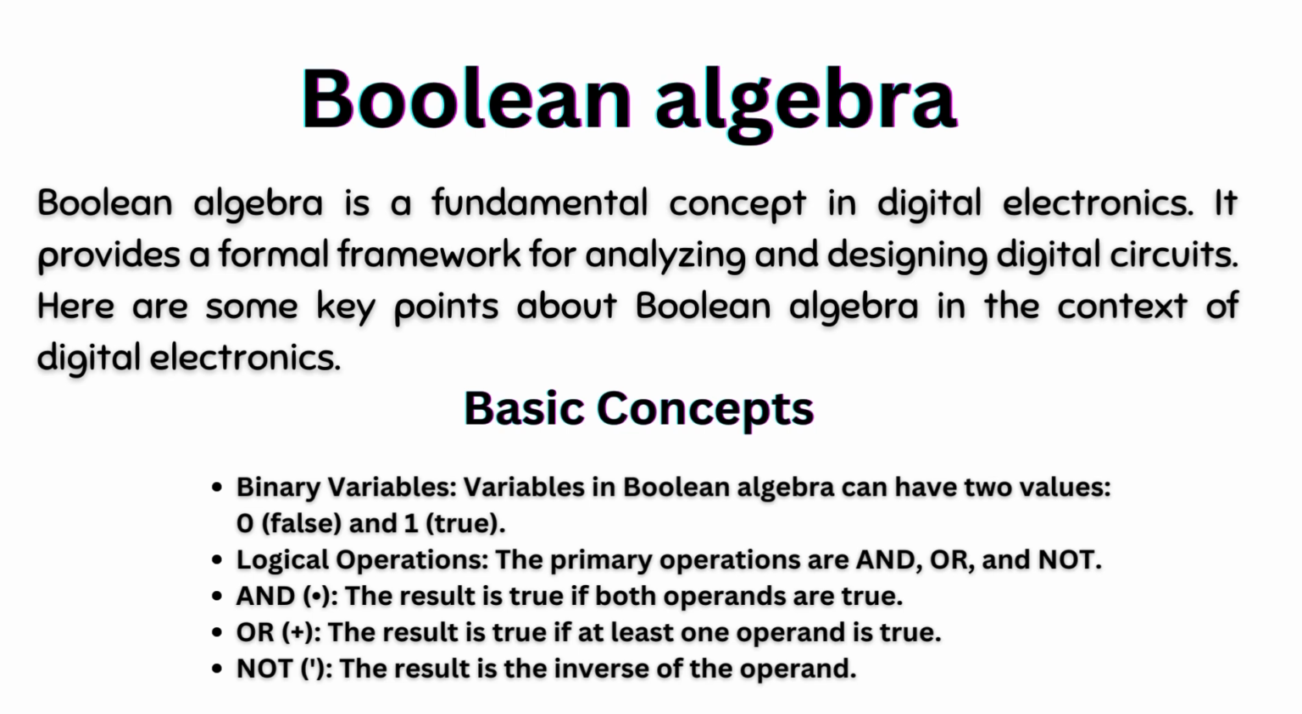Basic concepts. Binary variables: variables in Boolean algebra can have two values, 0 (false) and 1 (true). Logical operations: the primary operations are AND, OR, and NOT. AND: the result is true if both operands are true. OR: the result is true if at least one operand is true. NOT: the result is the inverse of the